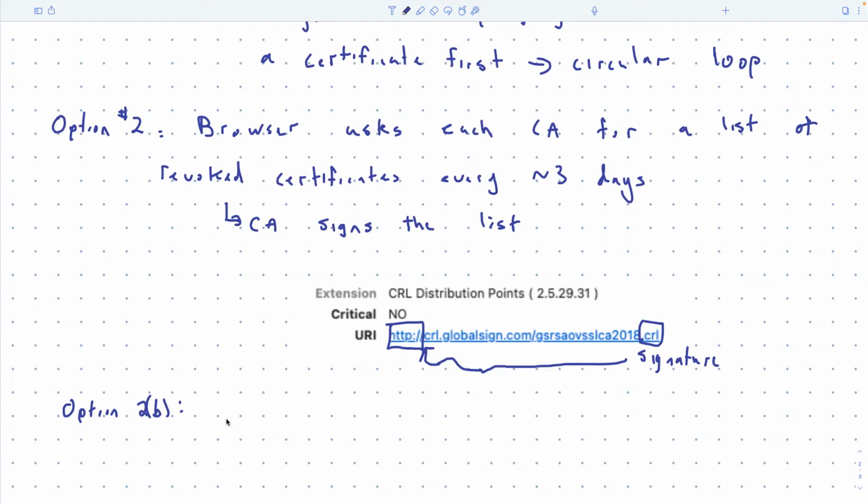So Google themselves will go every day or whatever to all the CAs that it knows about anyways, and it will get all the CRLs, it will repackage it, and it will send it to you in Chrome. So when you connect Chrome to the internet, it's not technically a software update because you don't have to update it, but your browser will just go over to Google servers and say, hey, give me the latest CRL set. And that's just curated by Google itself, okay?